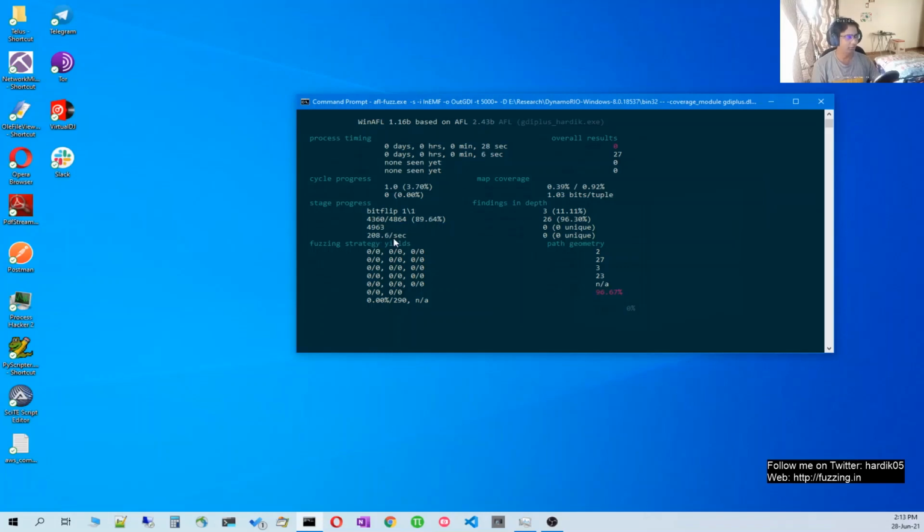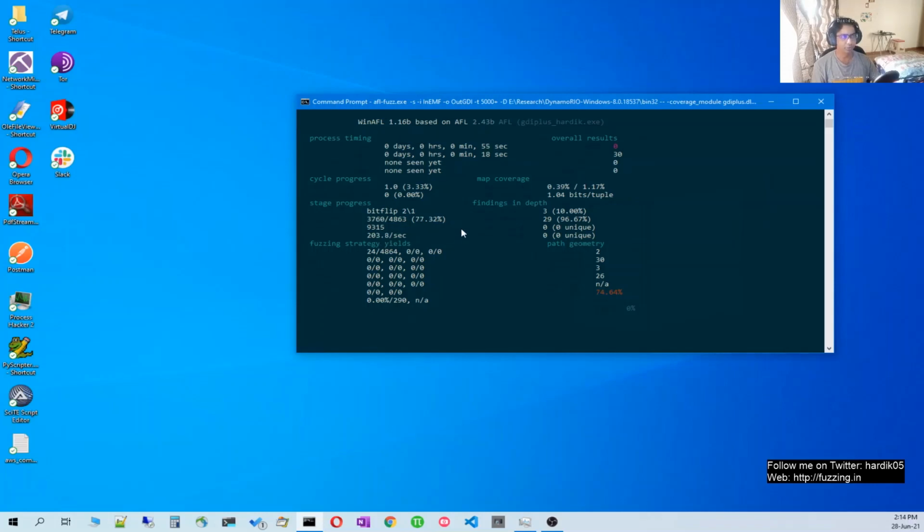I generally get somewhere around 1000 or more executions per second, but since I am running multiple tasks on my system, the speed is very slow, but yeah, it is working. You will notice that it has discovered new paths, and right now it is processing input 1. So speed will increase.